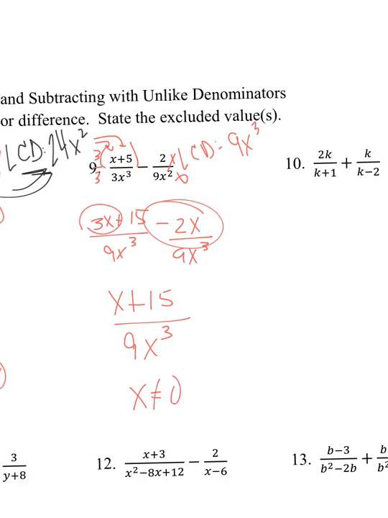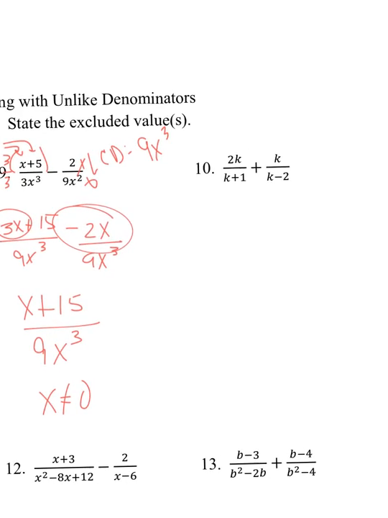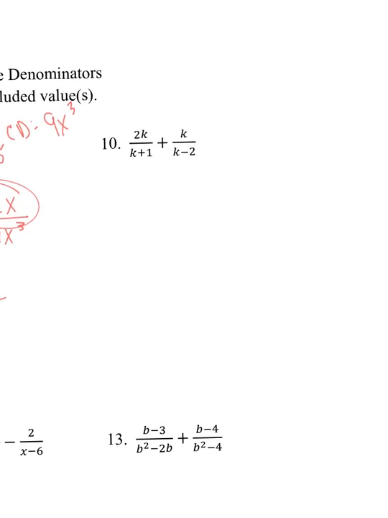So in the next problem here, it's a little bit different, as our denominators are two binomials. So in this type of problem, you're actually going to have your LCD is going to be each one of the binomials. So this one here is going to need a k minus 2, and this one here is going to need a k plus 1. So your LCD is actually that k minus 2 times the quantity of k